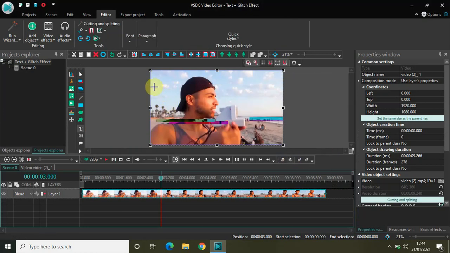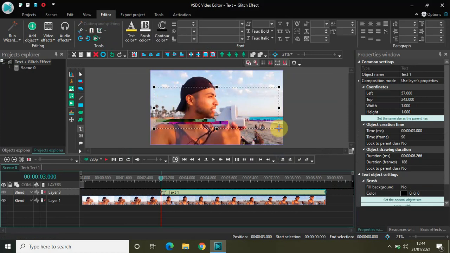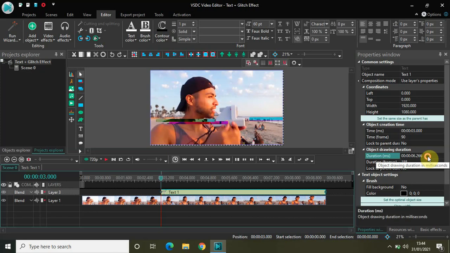Let me place my text right here at the center of the screen and set the same size as the parent has, and decrease the duration of the text object from 6 seconds 66 milliseconds to just 2 seconds, because that is the duration of my glitch effect as well.